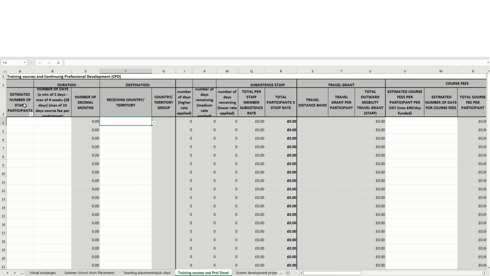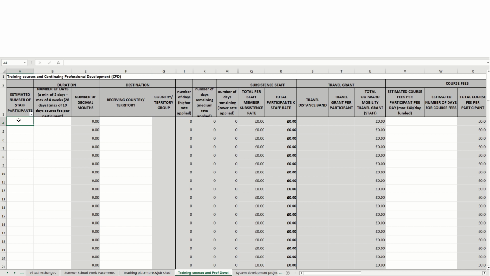As you may have noticed, the information required does look very similar to the group mobilities tab that we looked at in the previous scenario. So again, just to emphasize the importance of checking that you're on the correct sector and you've got the right calculation tool, as well as making sure that the tabs that you're selecting are the correct ones, just because a lot of them can look quite similar. So as we've done in the previous example, I'll just go ahead and enter the amounts in the white fields.